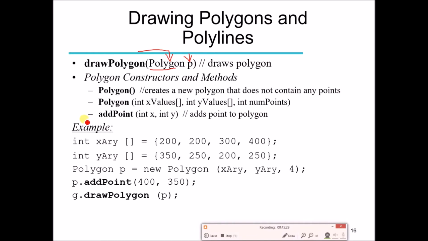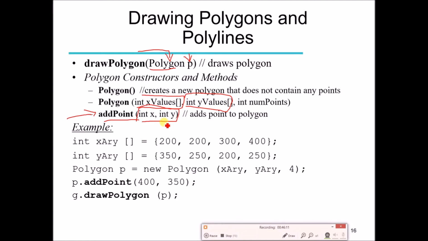And there is one more method in the class Polygon, which is called addPoint, which is used if we want to add more points to the polygon. Initially we may define a polygon which consists of 5 points or 5 vertices, but later on we want to add one more point, that is, we want to construct the polygon with 6 points. It is not required that we use new arrays; we can just call the method addPoint and pass the coordinates of the new point to this method as a parameter. Then our polygon will consist of 6 points.